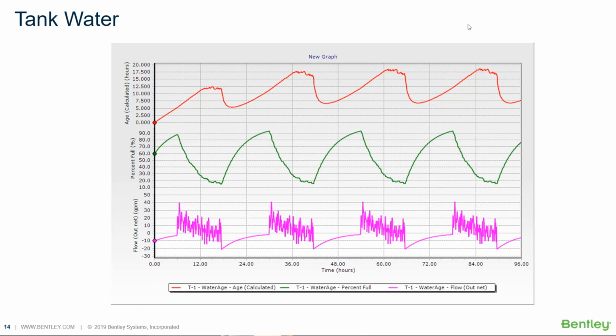And so this is very useful because water age tends to be one of the critical things that we're studying as far as decay of water quality, because it's a lot easier than doing chlorine or some other real parameters. So we use that as a very common surrogate throughout the work that we do.